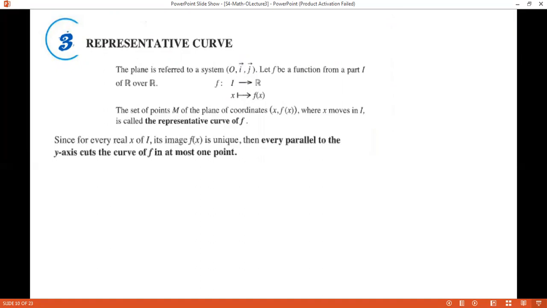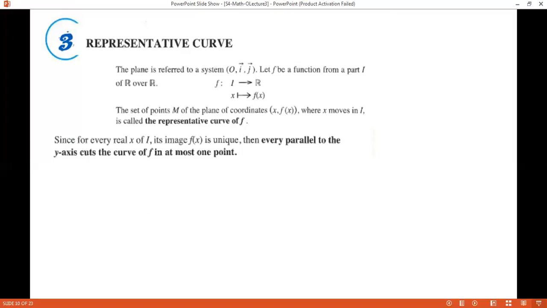I told you in the first slide that if you draw a line which is parallel to the y-axis, it should cut the curve only in one point. Else, this is not a function. So to make sure that this is a function, you should draw a line which is parallel to the y-axis. If it cuts the curve only in one point, then it's a function. But if you find a place where you can see that this line cuts the function in 2 points, then